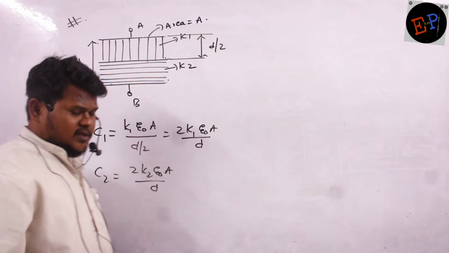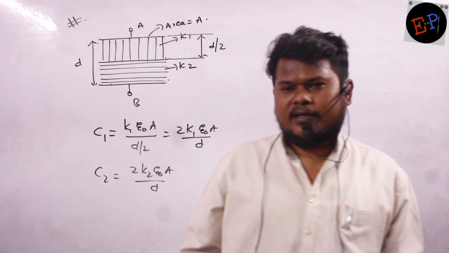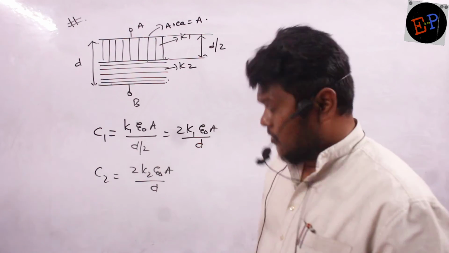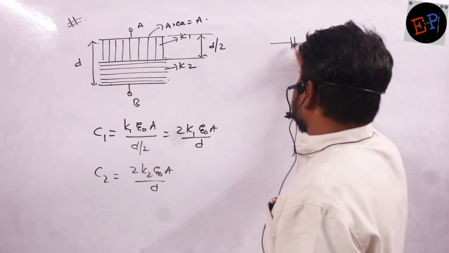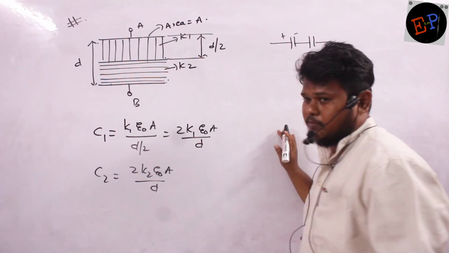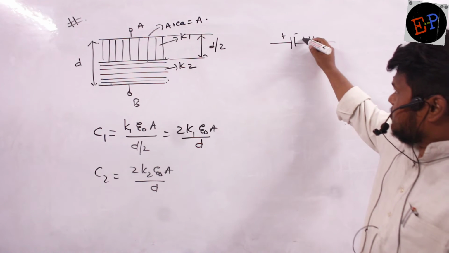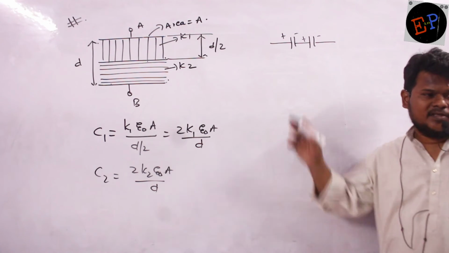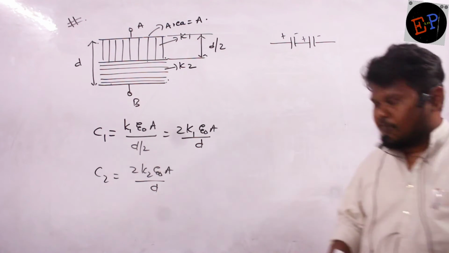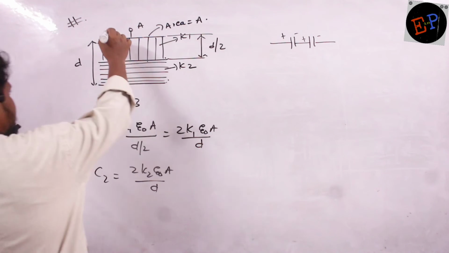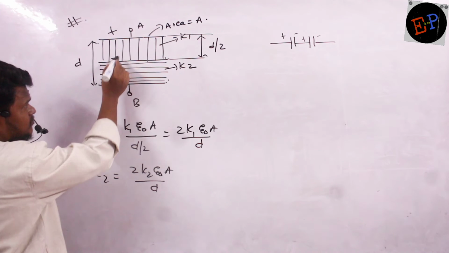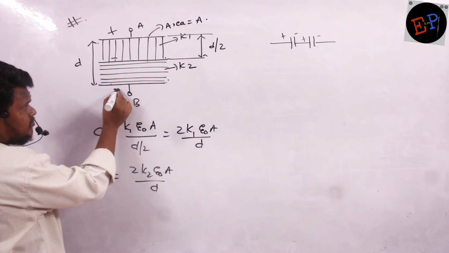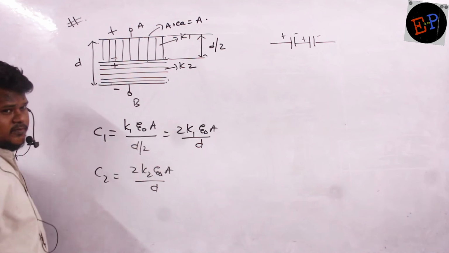Now the question is whether they are connected in series connection or parallel connection. Definitely series connection. Why are they connected in series connection? In series connection, this is a positive plate, this is a negative plate. Next plate is positive, next plate is negative. This is series connection. Now if you observe here, for example, consider this is positive plate. Then this one should be negative. This is negative. It means immediately this one should be positive.